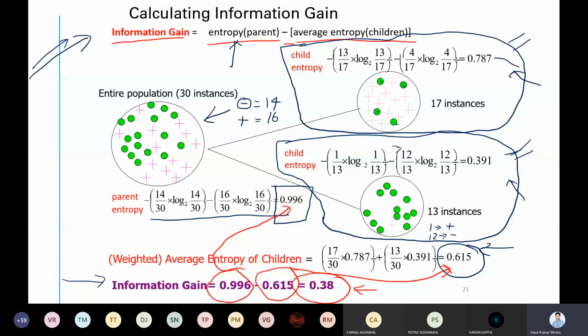Any doubt? Anyone? No, sir. Okay, so be ready for these kind of questions in the exam. You will get similar kind of division, and then you have to compute all those values. So it's just the information for you, in advance.